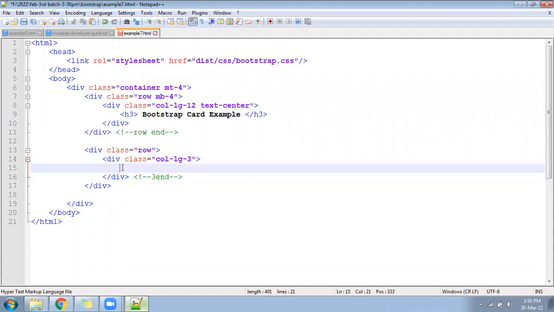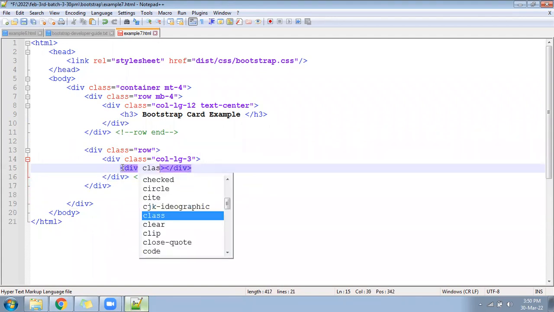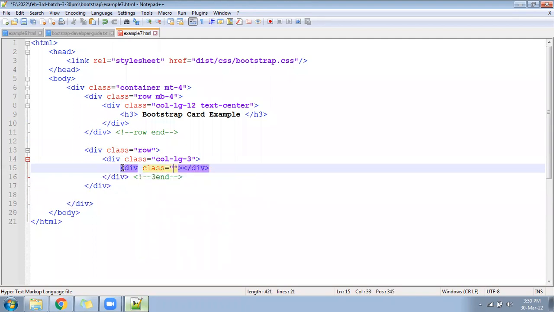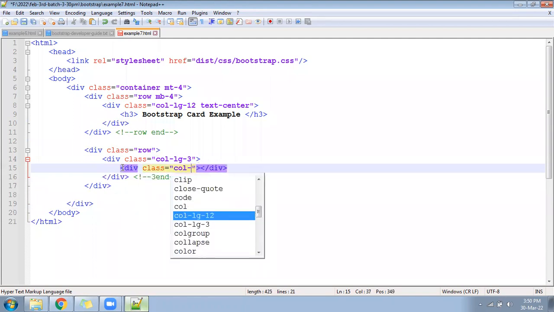Inside the col-3, class equal to col-lg-3, and then the card.